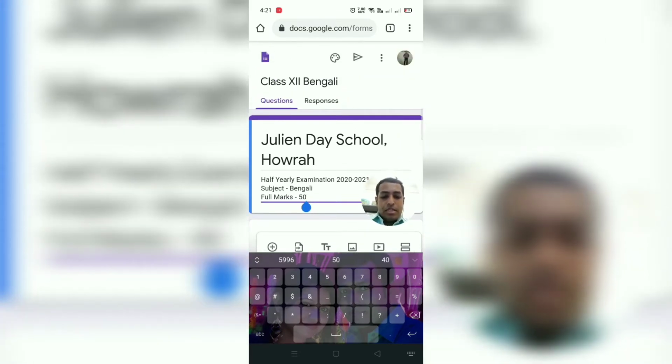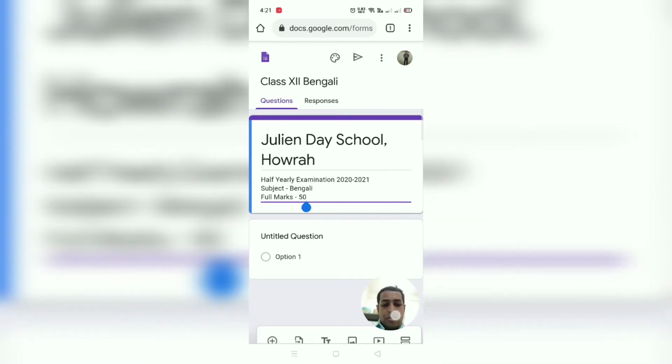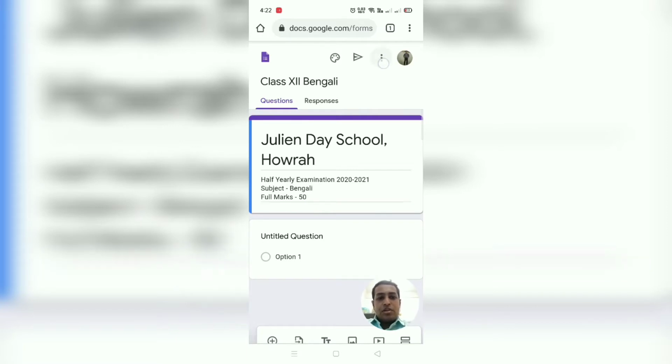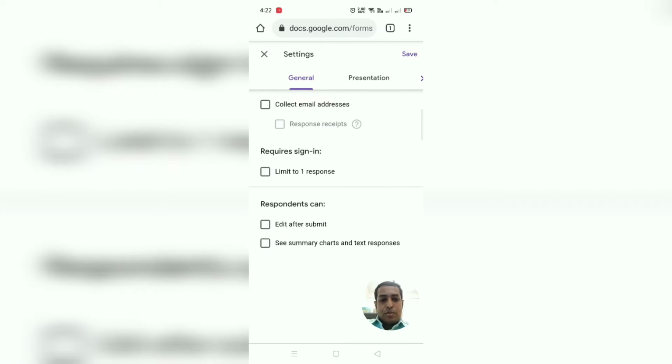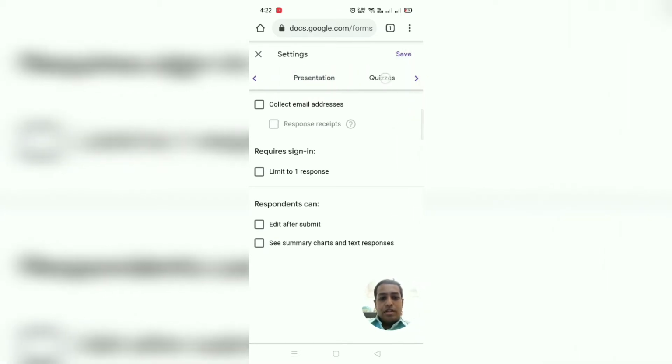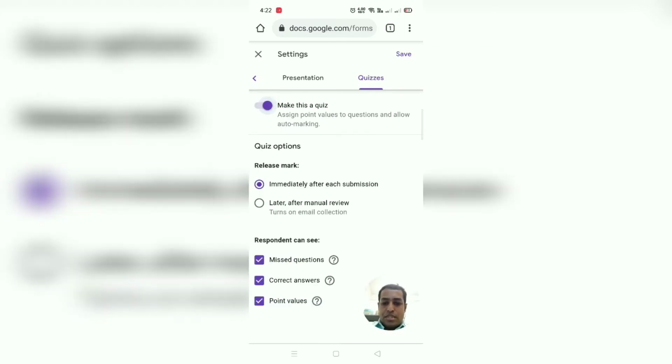Now as I showed in the previous video, we'll have to make this a quiz. If we have to set multiple choice questions, or if we have to put marks for each question, for that we'll go to these three dots available here. We'll click on these three dots, we'll go to settings. Now this page will open up. From here we first will have to make this a quiz, so we'll go to this quiz section and make this a quiz. If we are giving a subjective thing, then as usual we'll go for this